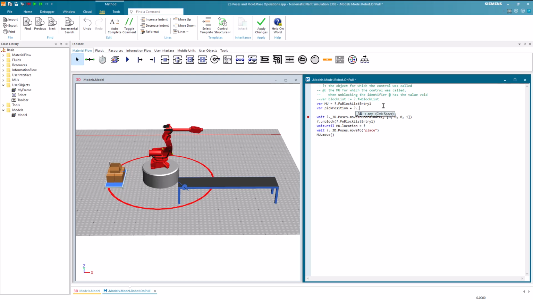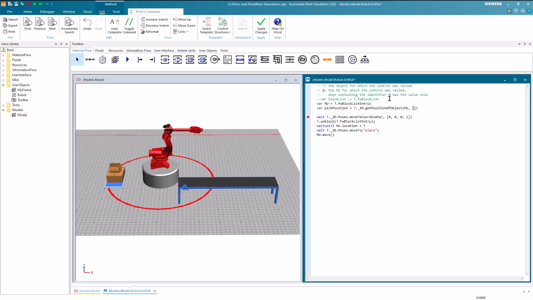First, we access the robot, then the 3D properties, and use the getPositionOfObject method. The first parameter of the method is the object whose position we want to query. So we use mu as the first parameter.